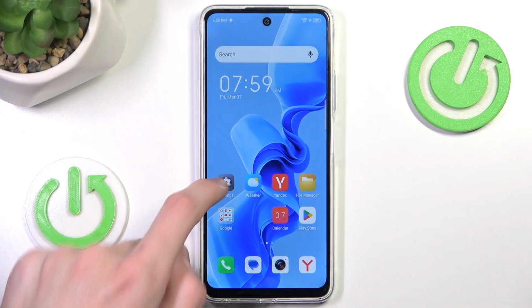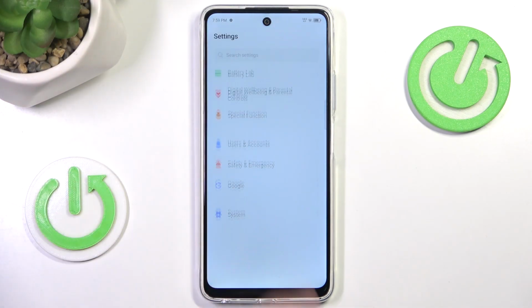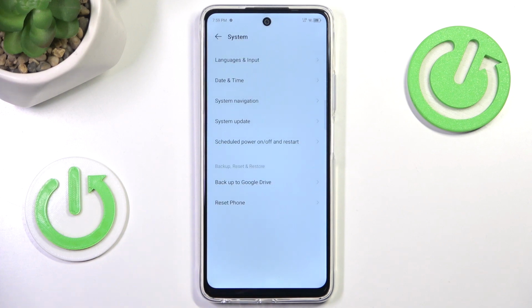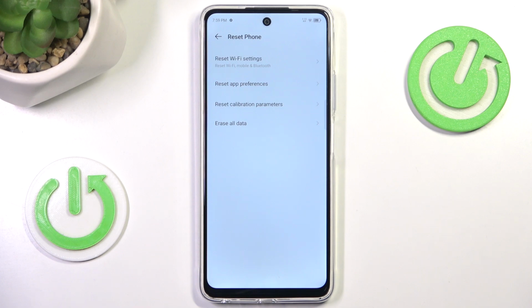Now, if you thought that resetting camera is as easy as going to System and then resetting phone and then, well, seeing reset camera option here, you would be wrong. There is no such option here. Instead, we want to go into camera,